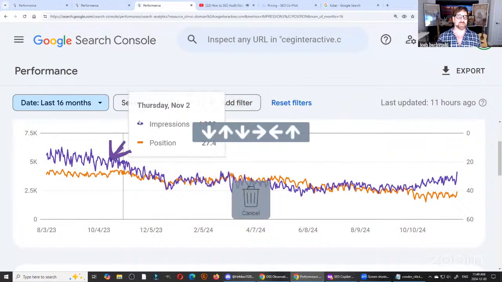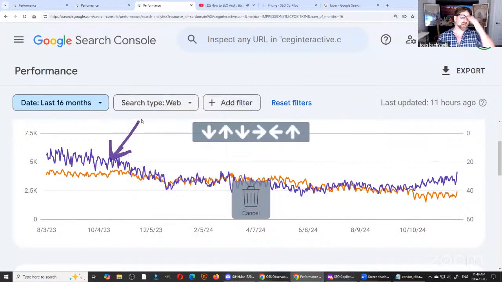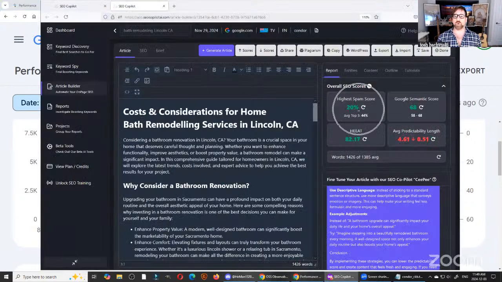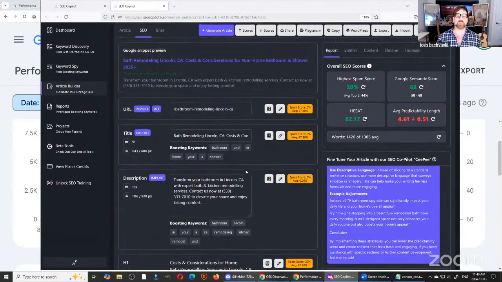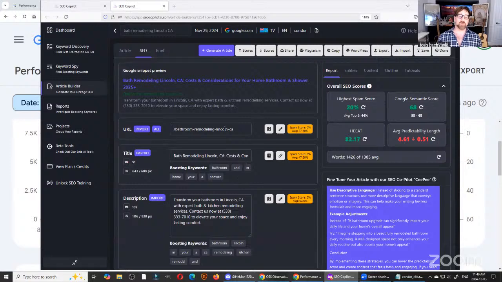This site was hit by the spam update here because it was doing obviously made-for-SEO content, the kind of content that my spam scores will not let you do. My spam scores will not let you do obviously made-for-SEO content. So that's a good thing. That's saving you. That's protecting you from being over-optimized and spammy. That's what my spam scores are doing on all of these different things. They're protecting you from being spammy and saying too much, right?